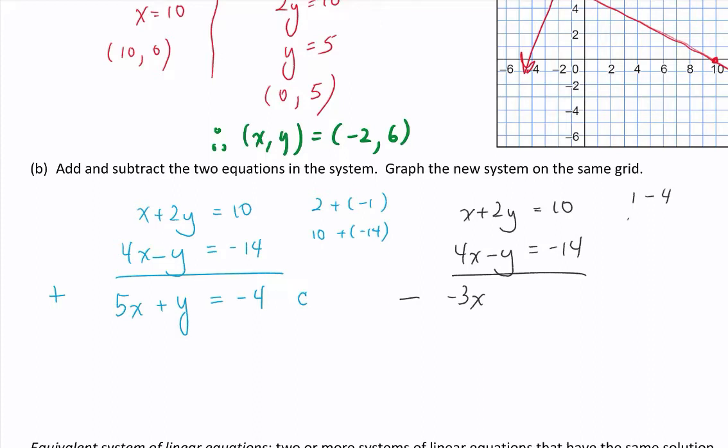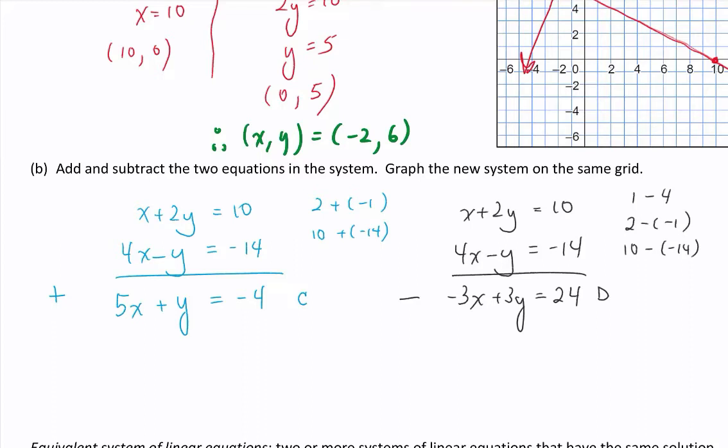Then I have 2 minus negative 1. That's the same thing as 2 plus 1. So that's plus 3y's equals 10 minus negative 14. That gives me 24. We're going to call this equation D. So now let's take these two equations, write them in slope-intercept form, and we're going to add them to the